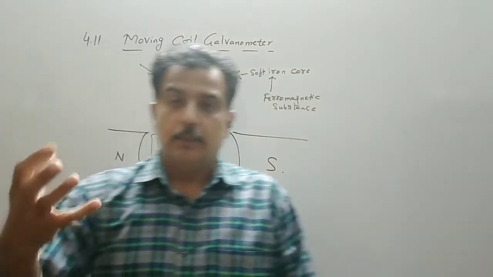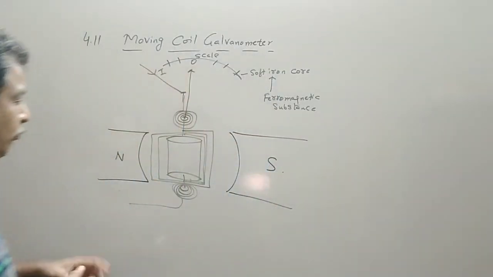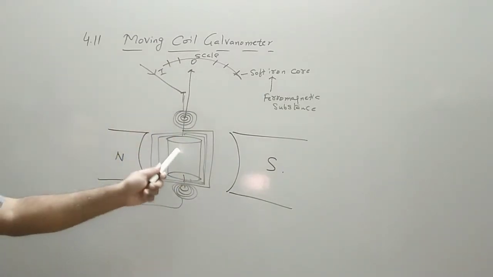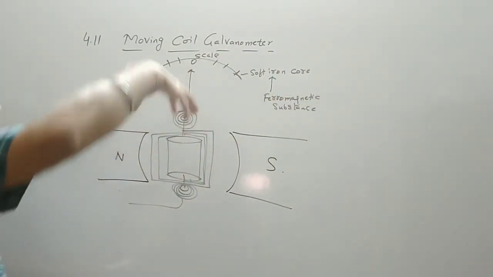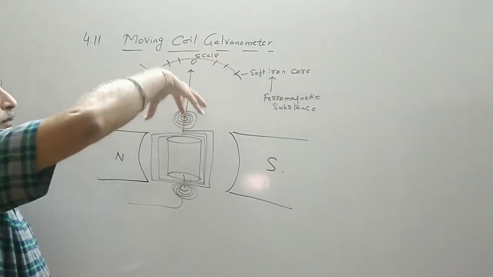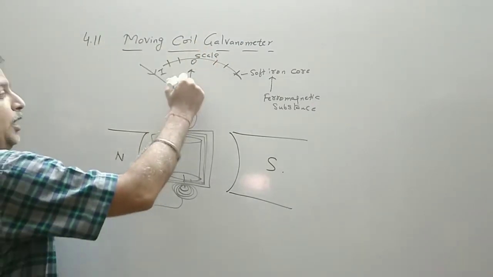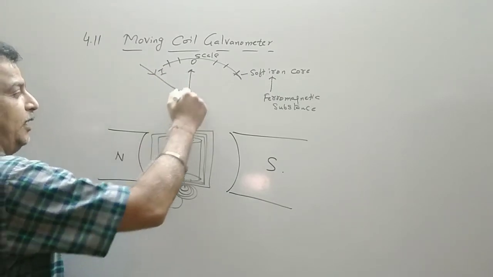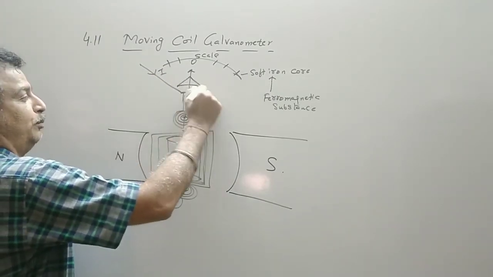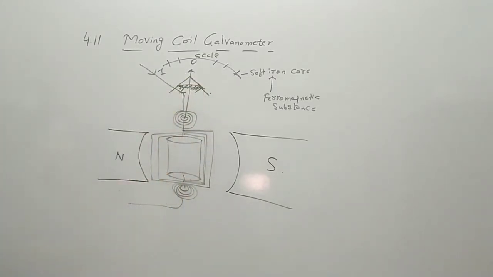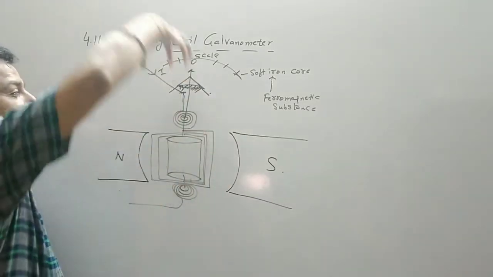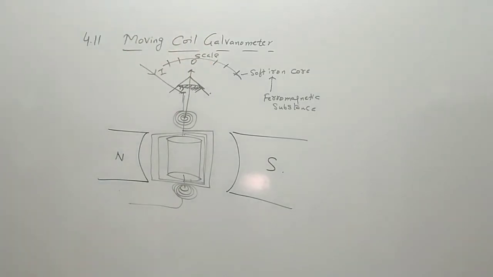Now let us see the top view. We have to see a top view. Now why do we keep this soft iron core? It is a ferromagnetic substance. It gets magnetized easily. Now we will draw the diagram from the top. It means you have to see this diagram from the top. This is your eye. So this is how we will draw the next diagram, where we try to see the construction from the top, that is the top view.